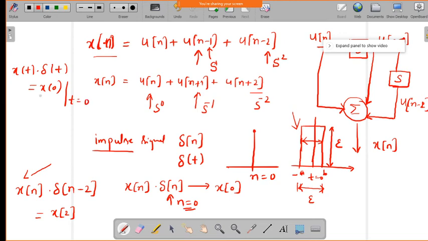Now we also have the impulse function property: if you have del of a t, you can write that as 1 over a into del of t, only at t equal to 0. So this is a scaling property, and the earlier one is a shifting property. This we can also define in terms of continuous time.